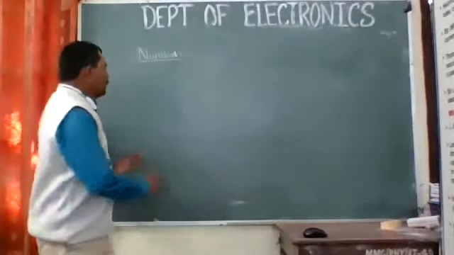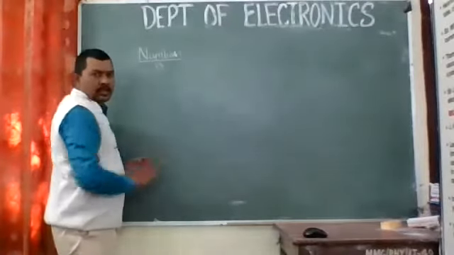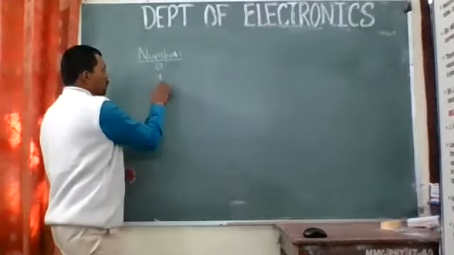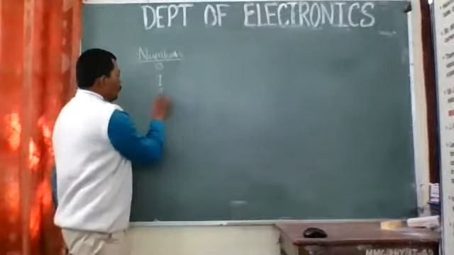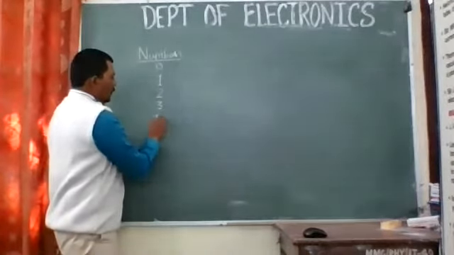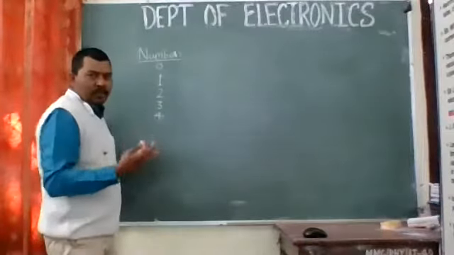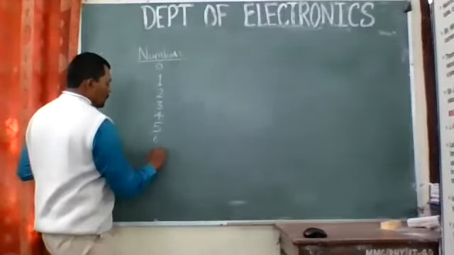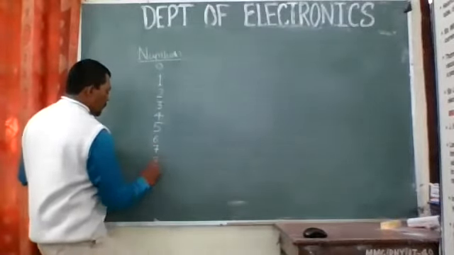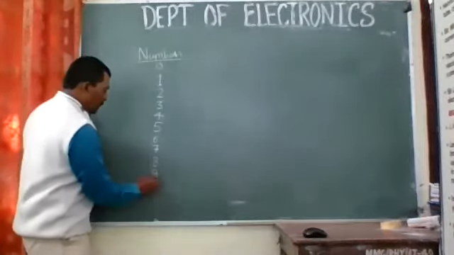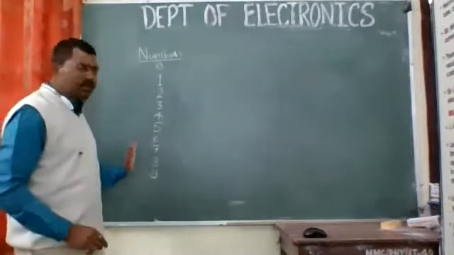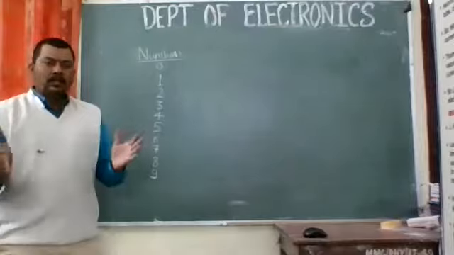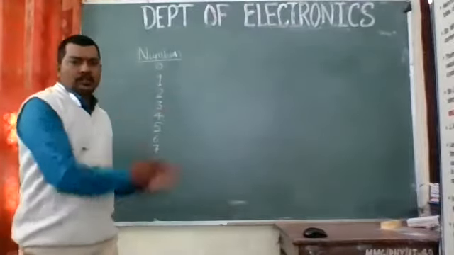Okay, so we have studied these numbers. That is zero. I guess my screen is visible, and whatever I'm writing over here is visible to you all. This is one, this is two, and this is three, this is four. So we are just repeating what we have studied in your first class. So this is five, and this is six, this is seven, this is eight, and the last one is nine, right? So I guess this is what we have studied up till now. So we know what are numbers, and all the other numbers are actually the combination of these numbers only, right?